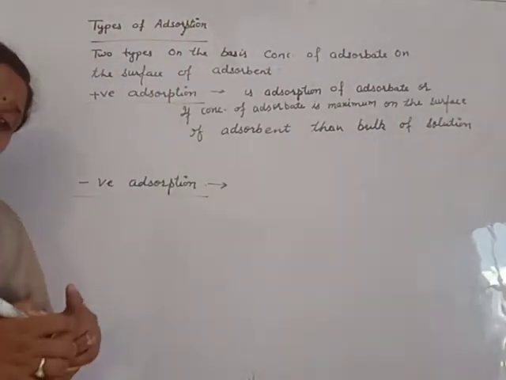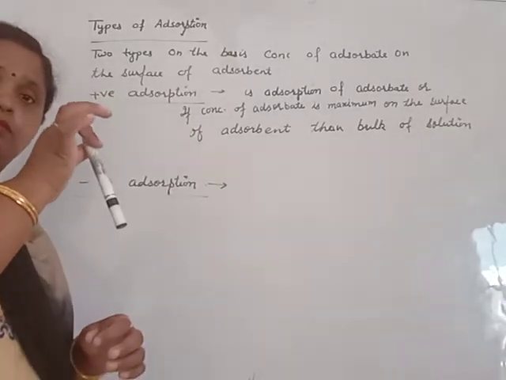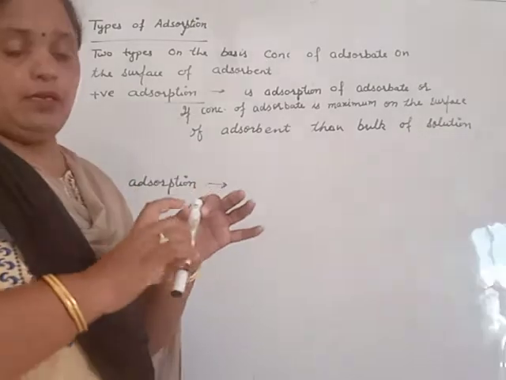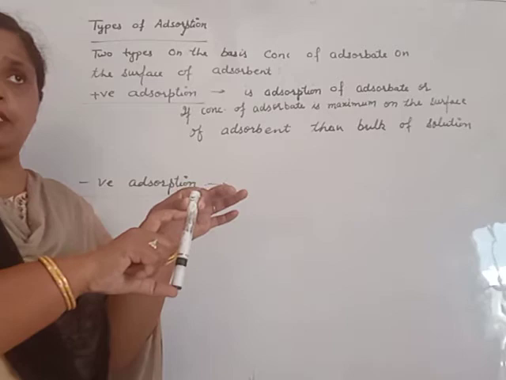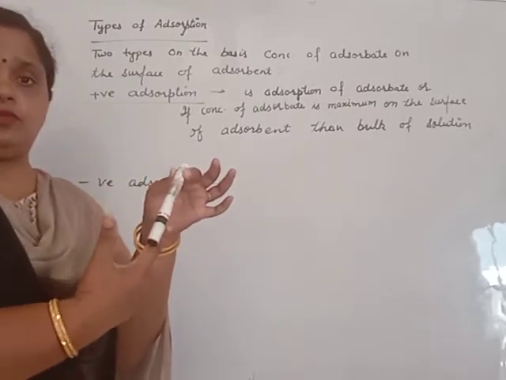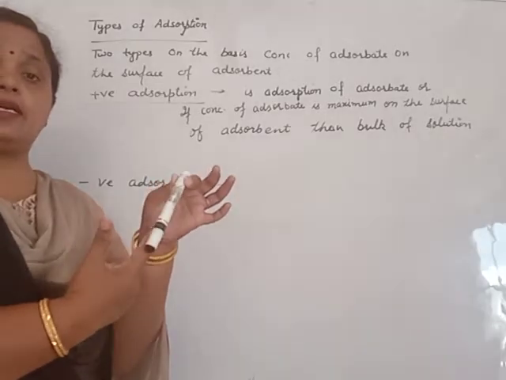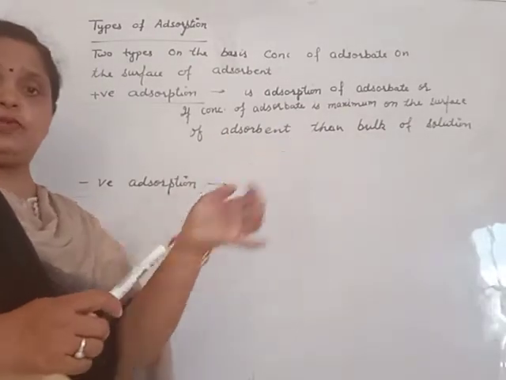Beta, if we dip piece of chalk in colored solution and moves out, the level of chalk, suppose this level of chalk dip in the colored solution and moves out, whole the surface of chalk piece is adsorb that colored component and maximum level, that means it is positive adsorption.